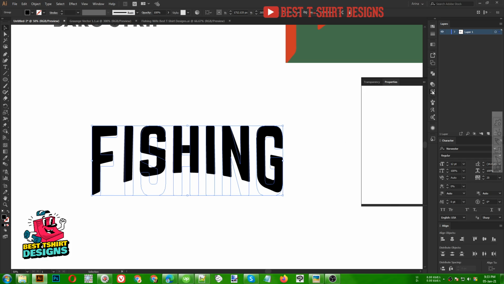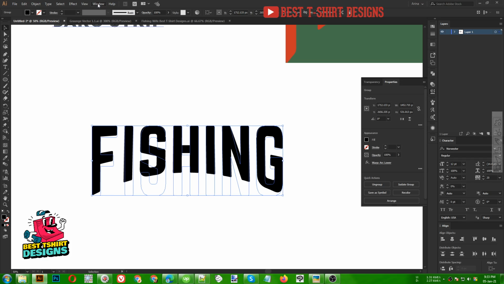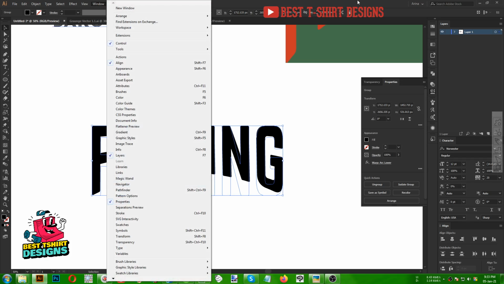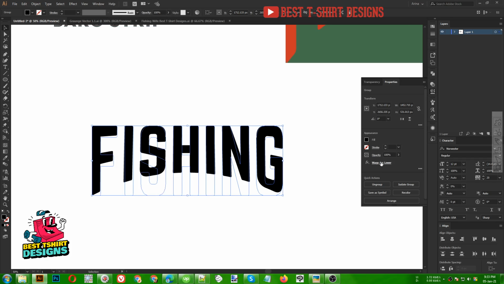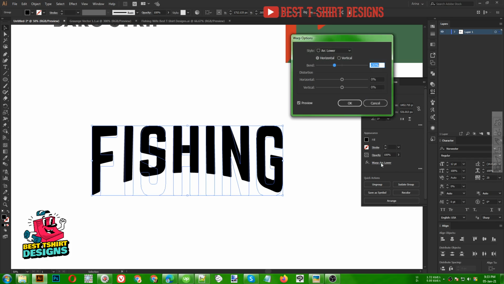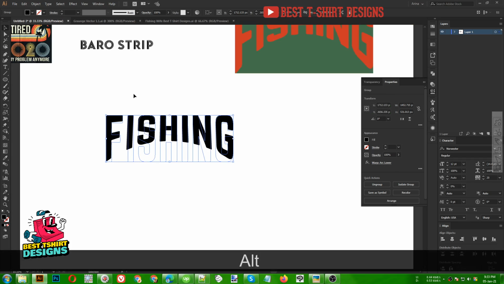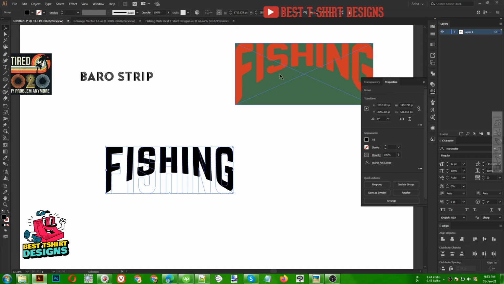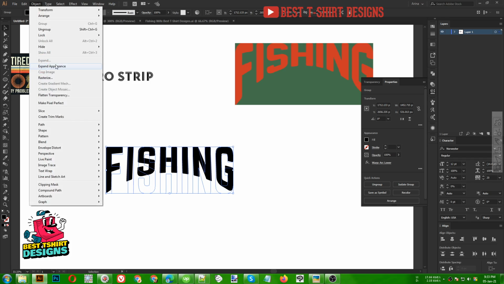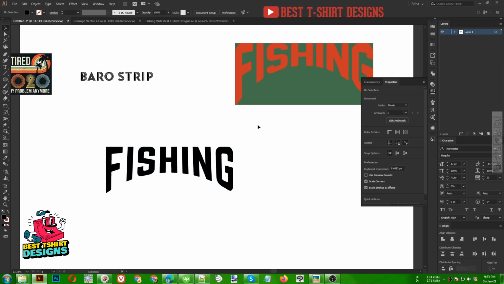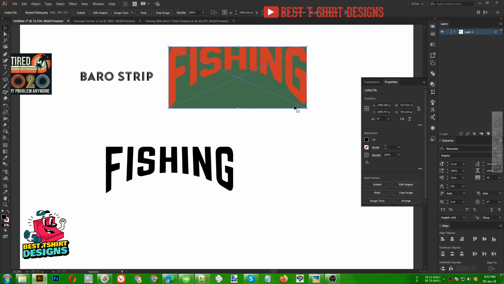And for that you need to go to the properties panel. You will find this window and then properties. So in the properties panel, you can see warp arc lower, this is the effect. If I click here, it is going to give me that option. I can adjust now. So let's make it minus 40%, that is good. So this is how this effect is looking. We can break this now because that is made, or we can do some further modifications, like this G and